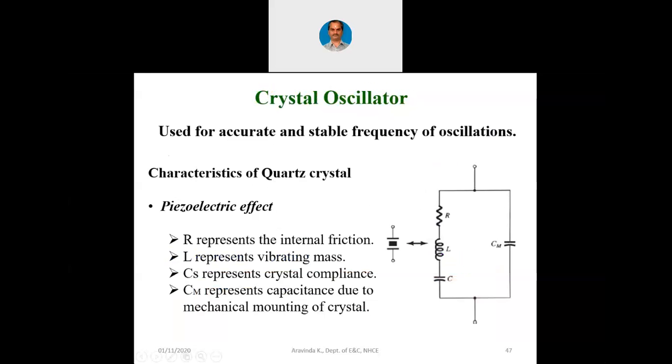Coming to the last oscillator, actually we are coming to the last part of this module now. The last oscillator is called the crystal oscillator. We have been discussing initially the RC phase shift oscillator, which is used in the range of audio frequencies, that means in the range of, let us say, 5 Hz till around 100 kHz. Later on we discussed the Colpitts and Hartley oscillators, which we can use for more than 100 kHz in the